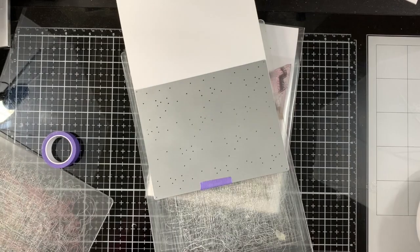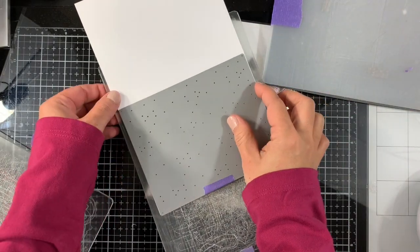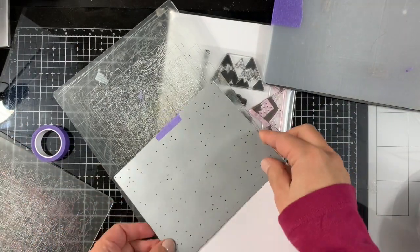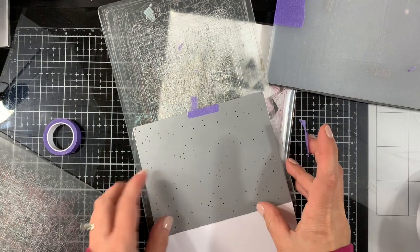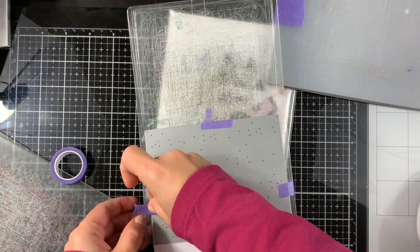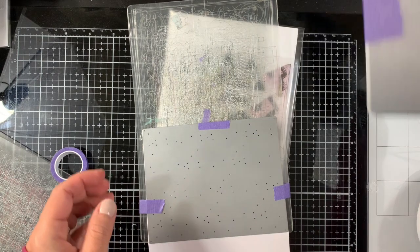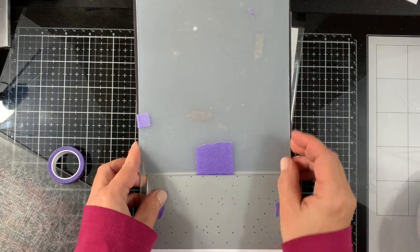So I'm using the Gemini, and I'll be using some purple tape to make sure everything is in place and it doesn't move when I push it through the Gemini, because it's an electric die cutting machine, so I have a little bit less control than using a manual one. A manual one is recommended, however, I'm showing you here that you can use your Gemini as well. So secure that